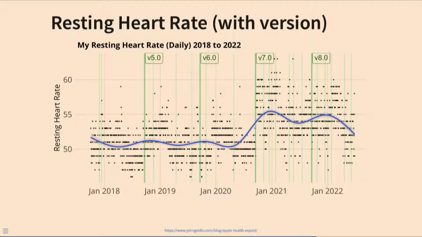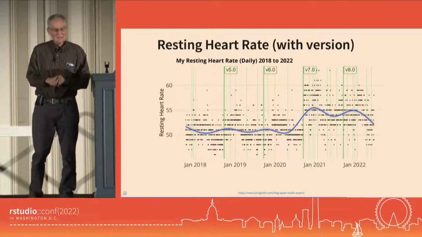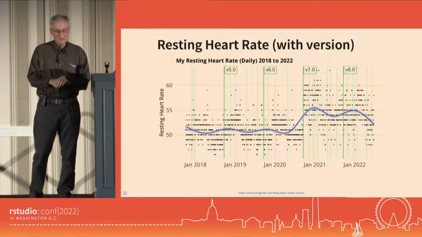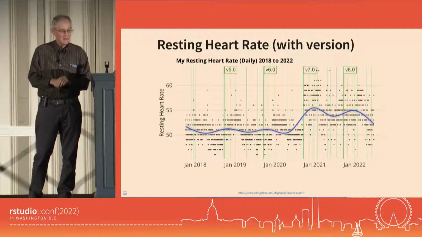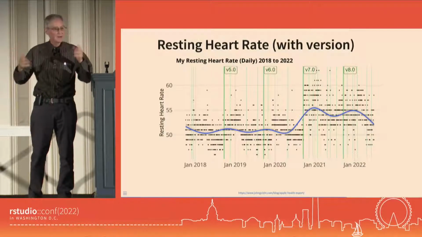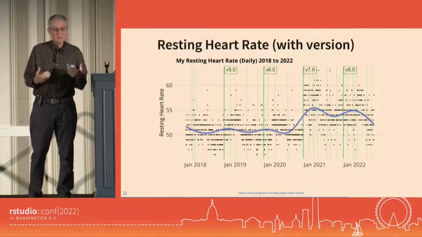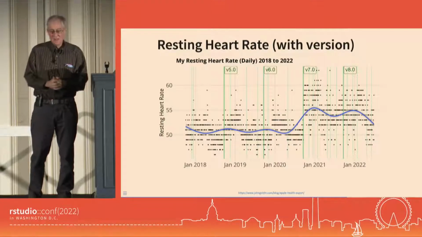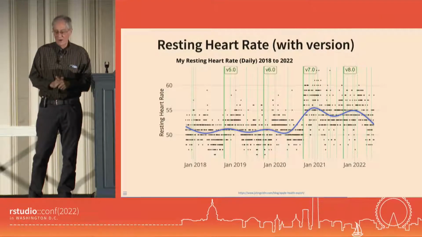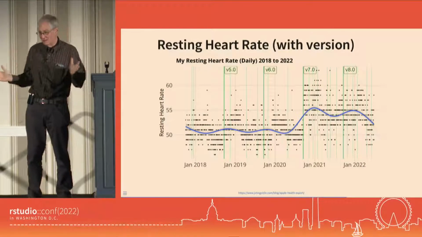Should I worry about this? Well, let's look at the version. The vertical green bars show the major versions of the watch OS software. And you see that basically what's happening is between version 6 and version 7, they changed the measurement. What happened with version 7, they added sleep tracking. So before version 7, when they were saying resting heart rate, what they were usually ending up with was my heart rate at 3 in the morning or when I was asleep, near the lowest heart rate of the day. And they basically redefined the measure, let's say improved the measure, so that it was only while you were awake. You have to watch out for this thing with any data set.